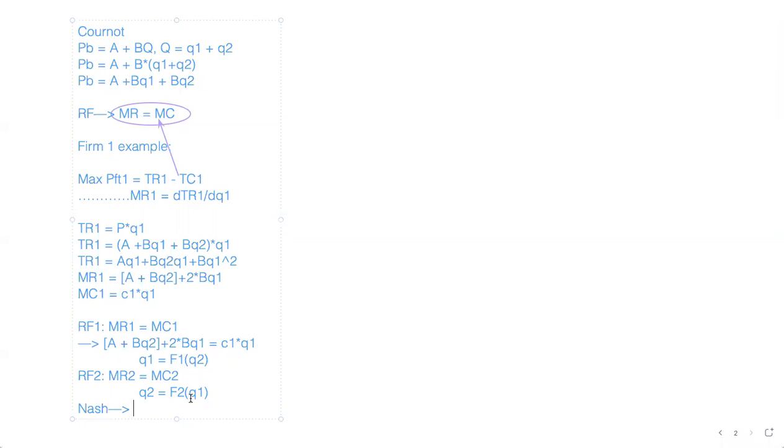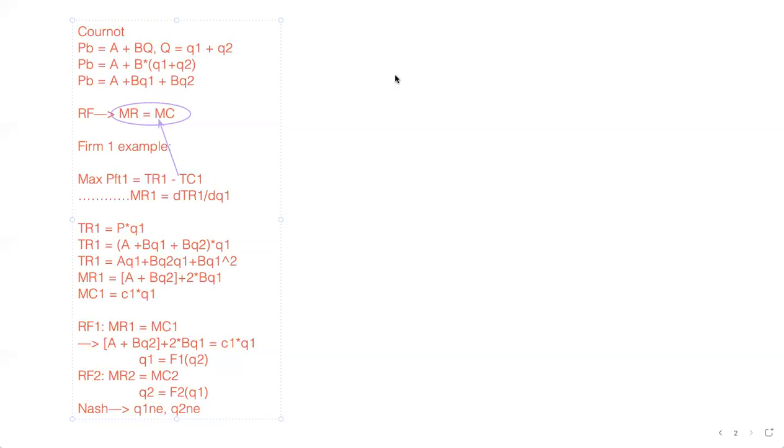So I'll call it Q1 NE for the Nash equilibrium for firm one. And the way I get the Nash equilibrium for firm one, and then I'll put the Q2 NE, the Nash equilibrium for firm two, is I just